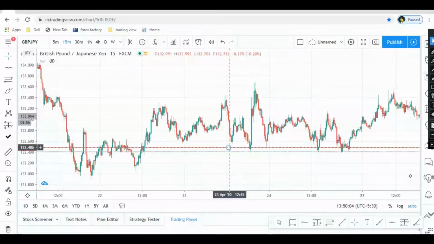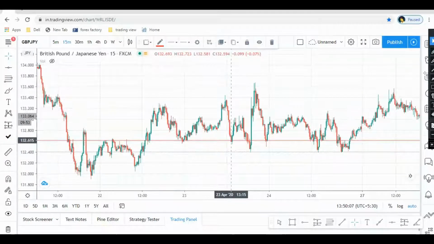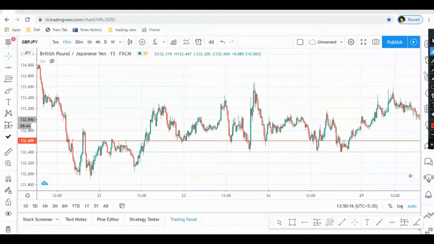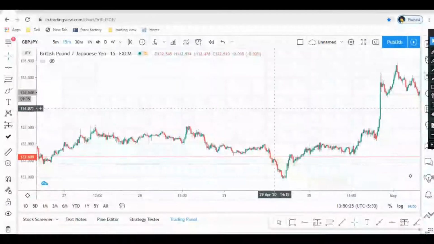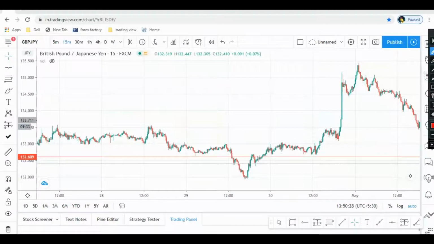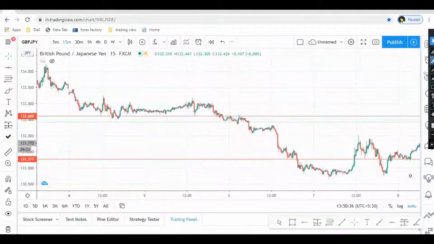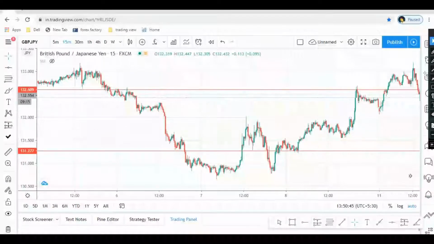So as I can see, this particular zone is a very strong resistance. Here I can see one time price acted, 2 times, 3 times, 4 times, 5 times price respected this area, and we will go forward. This area acted as a resistance. We will go more. So let's go. Alright, this area acted as a very strong resistance, and we will go more forward. Okay, look at that.